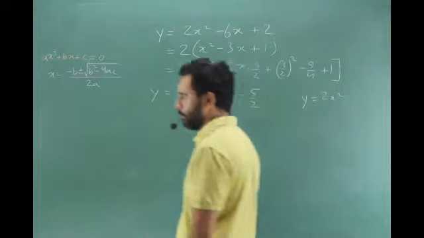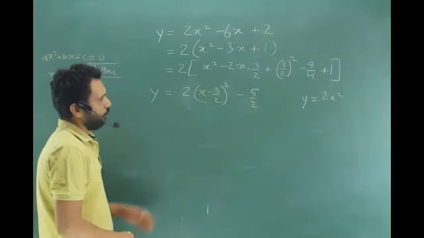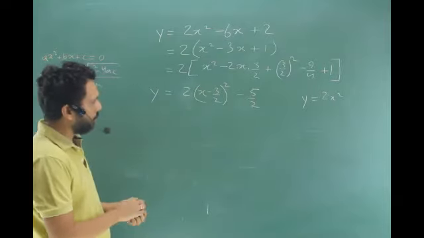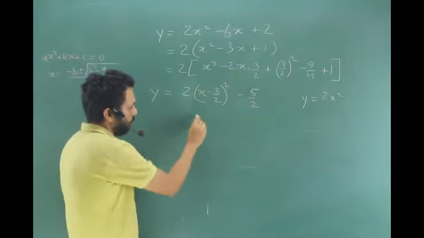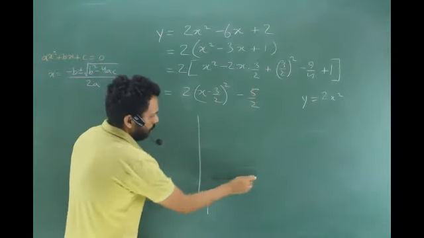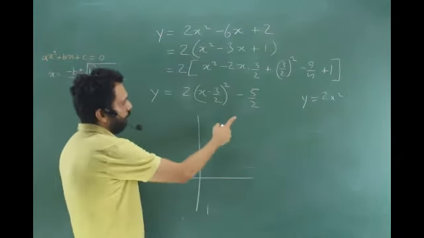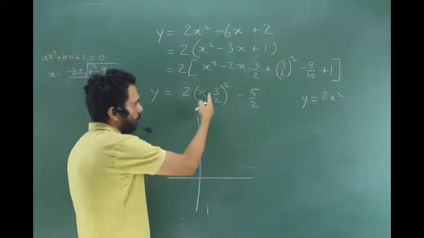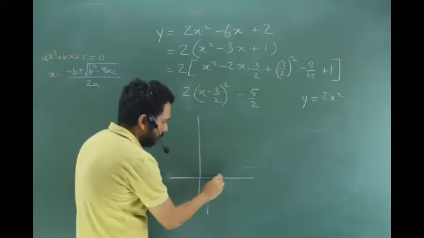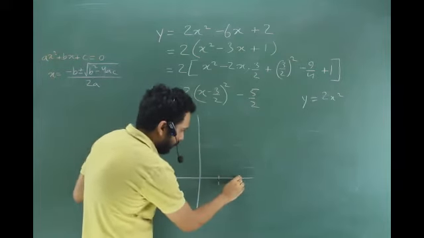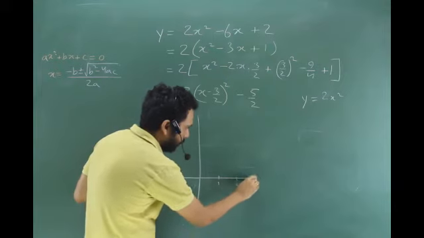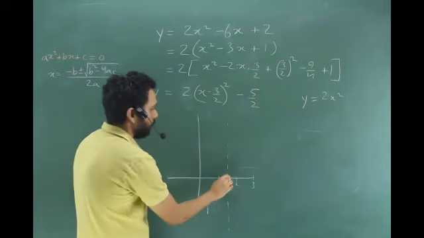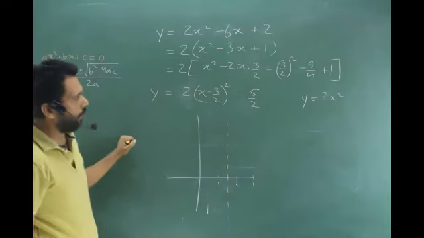Get the point? Yes, sir. So we know that 2x square is almost the x square graph, it is just steeper. And we are not caring about the steepness so much because we are actually putting the points. So how much forward will it go? Whether you double it or don't double it, how much forward it goes is the same. How much is that? 3 by 2, right? So that's your 1, that's your 2, that's your 3. It goes over here, 3 by 2, right?